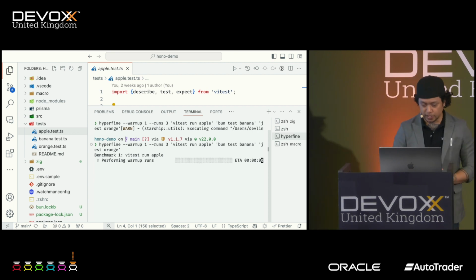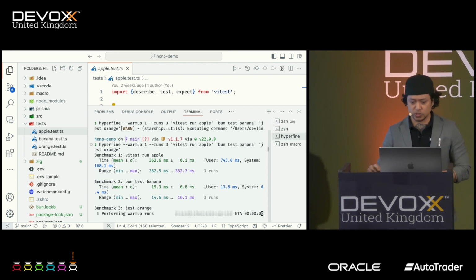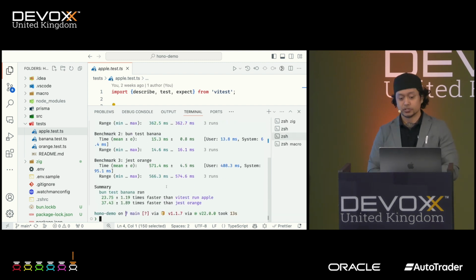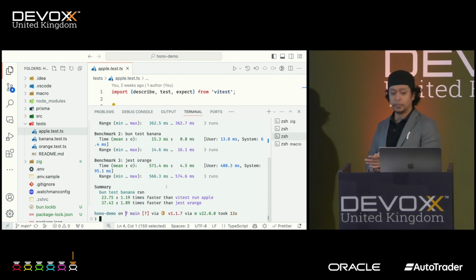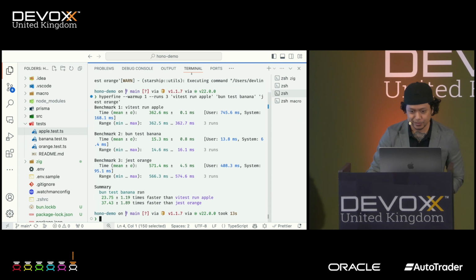So let's just go back and use it. It is going to be faster than installing, so I'm just going to show it here instead. Running. So the winner is Bun. Again, I'm not lying, right? See it yourself.